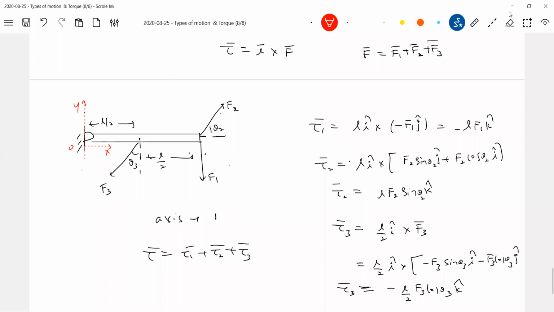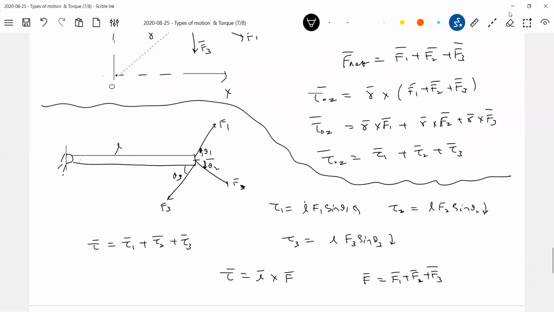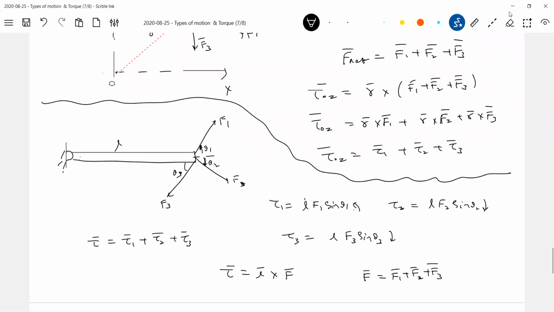Okay. Sir, could you scroll up a bit, sir? Sir, here, torque 3, how can we tell that it is clockwise, sir? Shouldn't it be anti-clockwise? Simple, you take some rod and try to rotate. Yes, sir, like from L bar to F3. From L to F3, right? So there's an angle, no? There's L bar, there's F3 bar. There's an angle, you see? Angle is how much? 180 minus